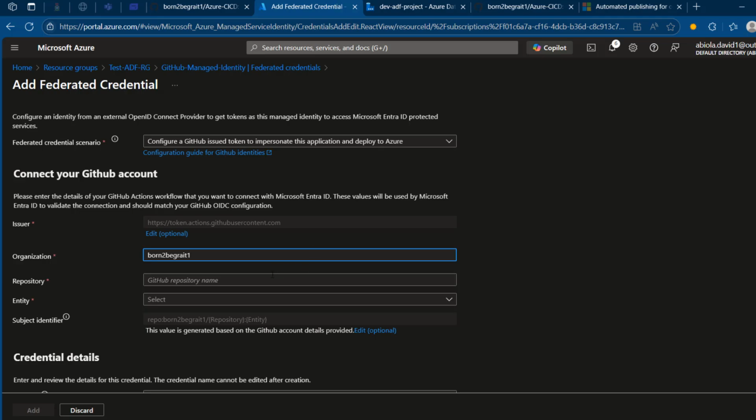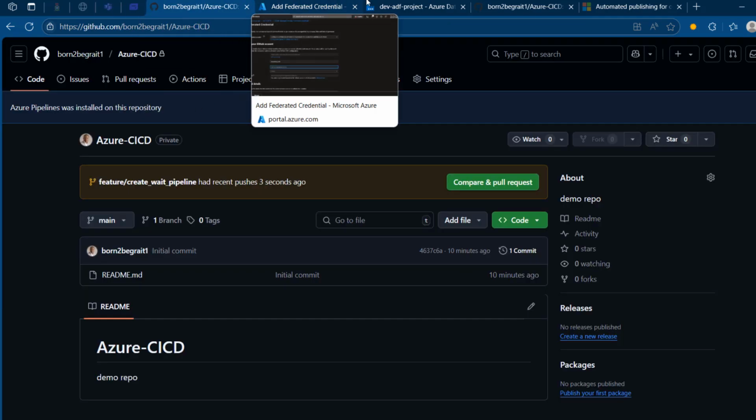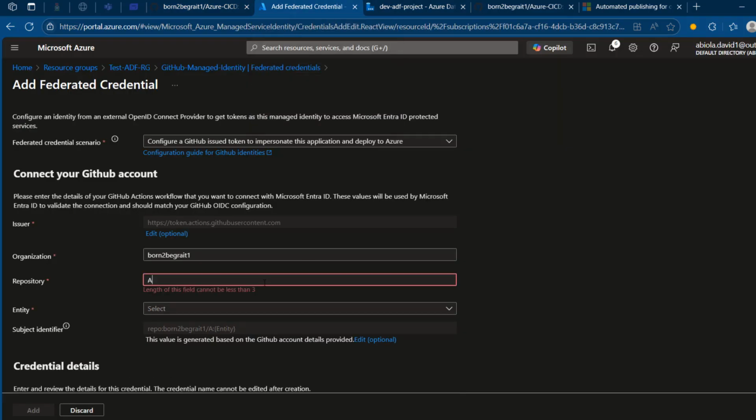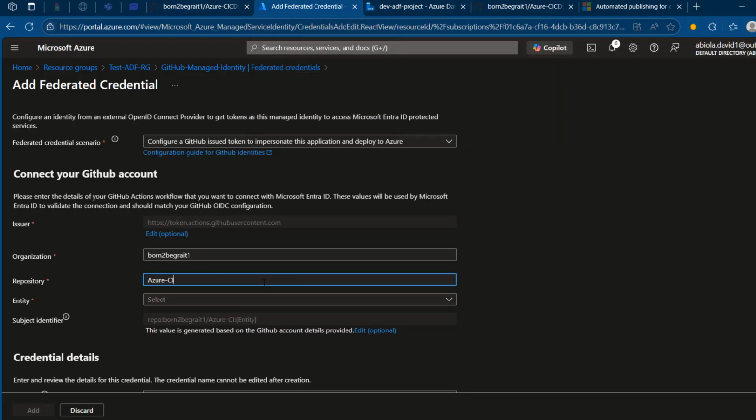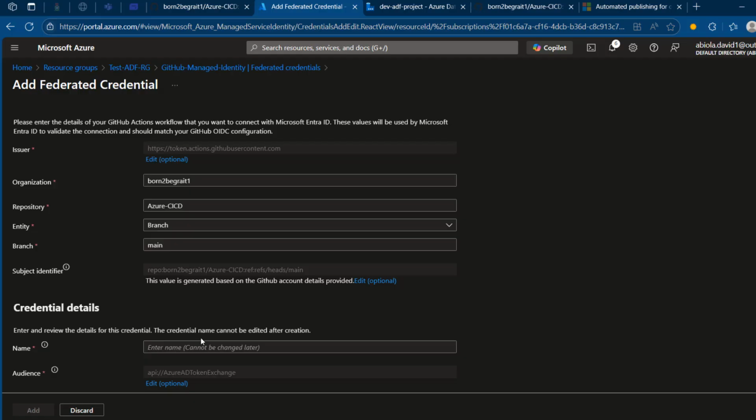And then I can provide my repository. And now this is Azure-CI/CD. So I'm going to type in Azure. Now make sure everything is typed the way it is, otherwise there's going to be an error when we run the action in the workflows. So Azure-CI/CD, and then for the entity, this is going to be branch, and then for the branch name, this is going to be based on the main branch, and then we can provide the credential details such as the name. So I'm going to call this one GitHub